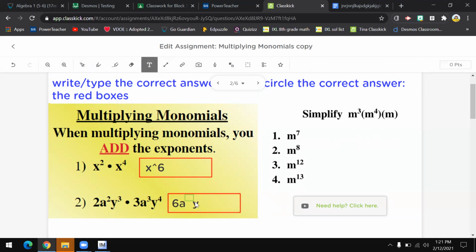This is probably me being really picky, but that just looked terrible. So I'm gonna make this a little smaller. So that was A to the 5th, okay? Now for my Y's,